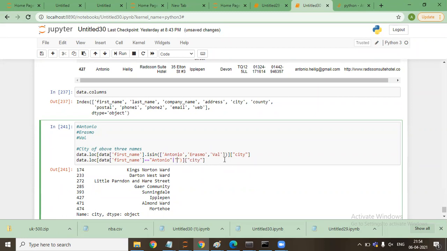Or no, we have to put it inside the parenthesis, bracket. Square bracket? No, not like this. It is going to be a wrong syntax. We have to write complete data first name equals to Erasmo after or.